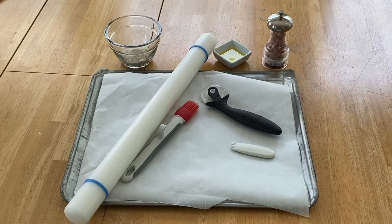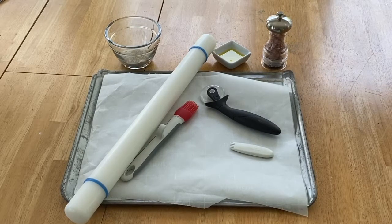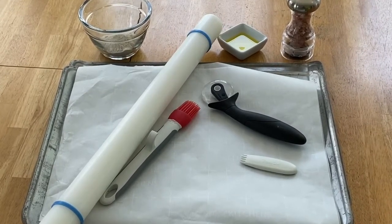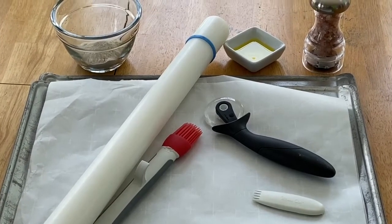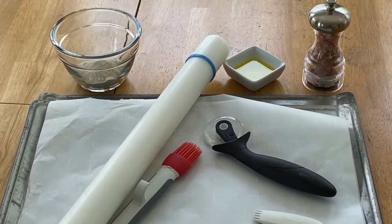While your dough is cooling in the refrigerator, this is the perfect time to go ahead and preheat your oven to 350 degrees and gather the rest of your necessary supplies and ingredients to finish off the cracker making. Here you see I've gotten my baking sheets, 2 sheets of parchment paper that I'm actually going to